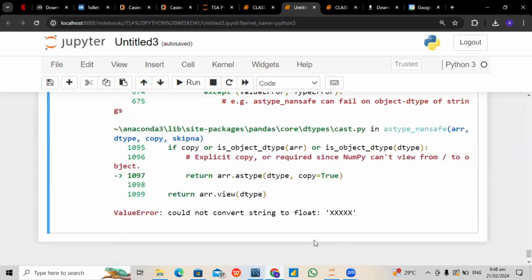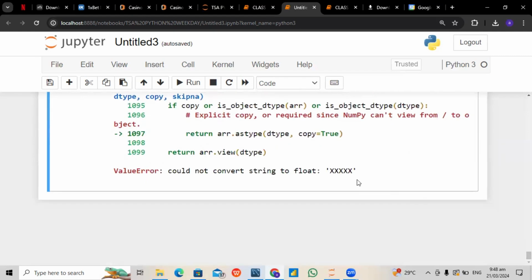So the error is in my restaurant name and my customer ID. What we are doing now is cleaning data. So what I'm going to do now is use Python to call out the two columns. Another error it is giving us is that it could not convert the string to float because of this XXX. Meaning this XXX is the error in that